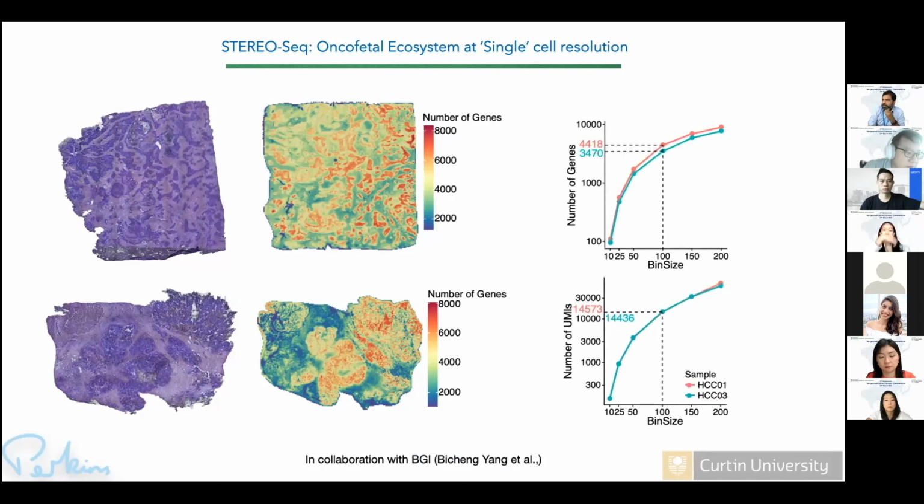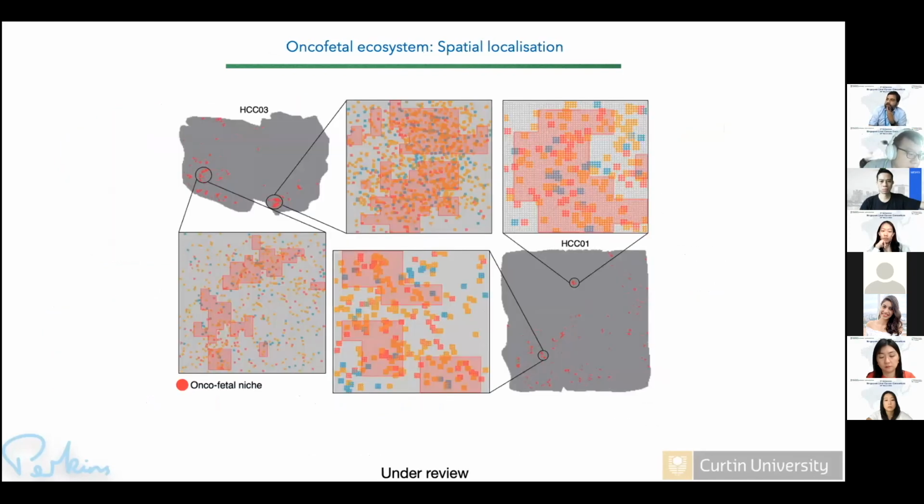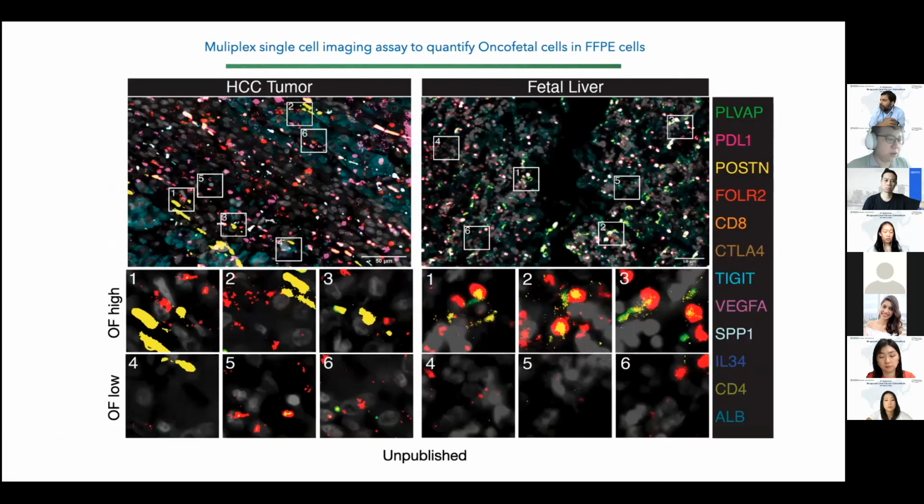And this is some of the QC analysis. What we did here was look into different oncofetal cells, and by doing this neighborhood analysis, we can identify where in the tumor these oncofetal cells, macrophages, endothelial cells, and this new stromal population co-localize, and what the properties of the tumor cells in this area are. And finally, what we are developing now is a multiplex panel where we could look into different cell populations as well as the immunosuppressive markers, and look into what the properties of the tumor are in the oncofetal high versus low areas.